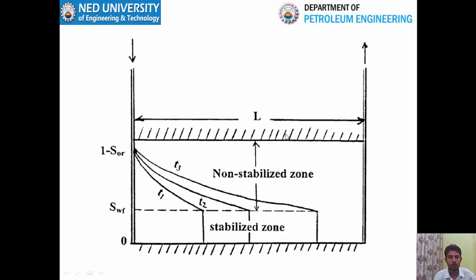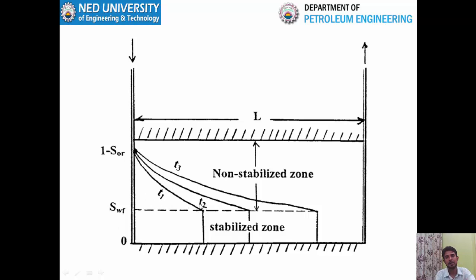This figure basically shows how water will move inside your reservoir. As you can see, at different times the waterfront position is different. During the early time, the water is near your injection well. As time increases, the waterfront is moving towards the production well. Obviously, a time will come when your injected water will reach your production well, and this is called the breakthrough of water. And through the frontal advance equation, you can calculate the position of the waterfront at different times.